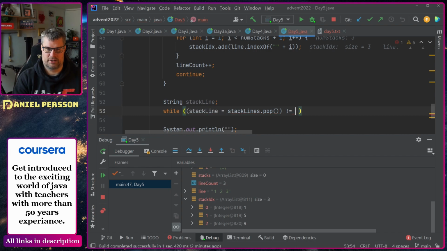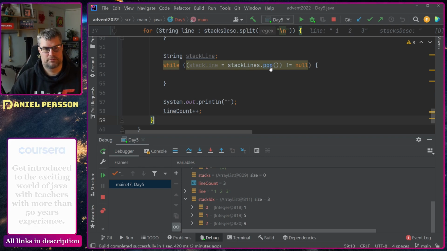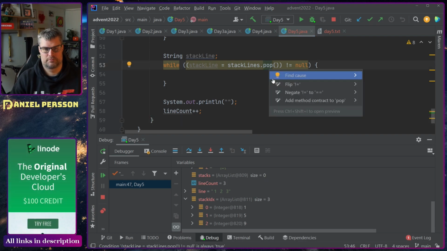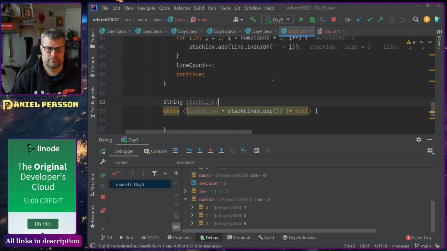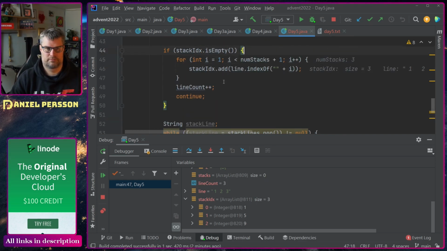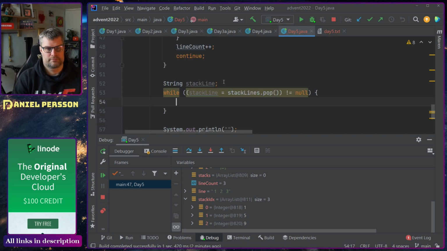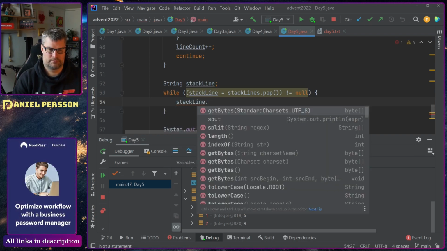So as long as that is not null, and then we want to get